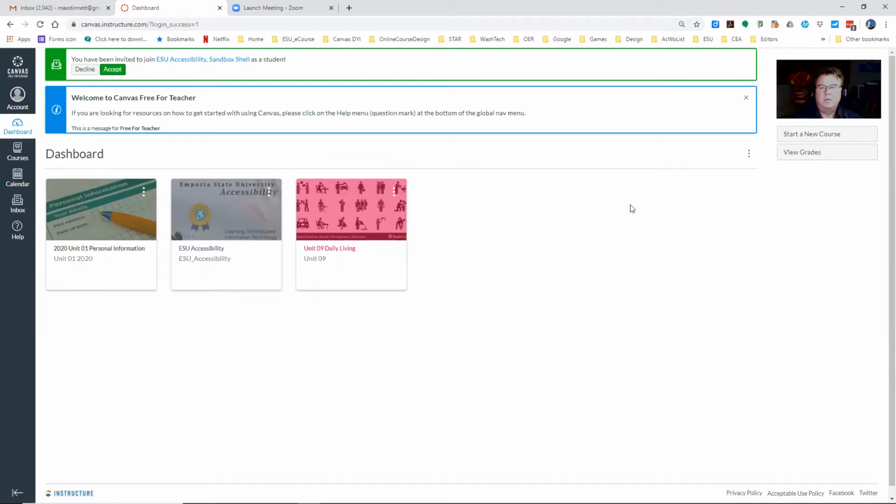So one of the things you're going to see is this invitation to join the course, so you need to accept that. The course name will be different. I have this up here as an example, but this green box where it says you've been invited to join, this is to get into our module for this unit. So you need to accept that. So accept that, and then